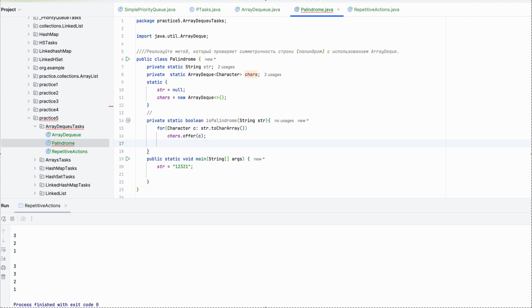So I just filled our ArrayDeque with chars of the strings,